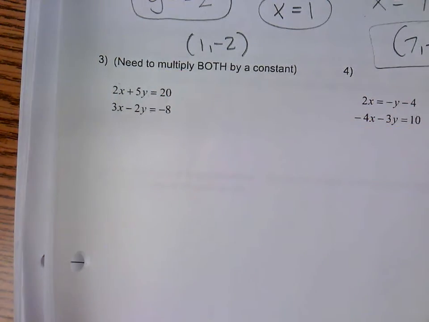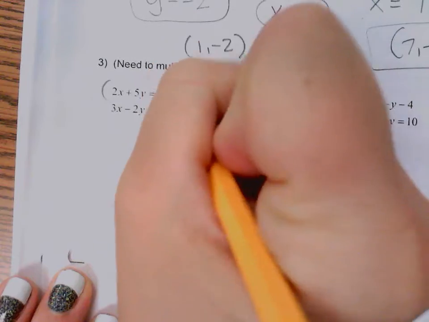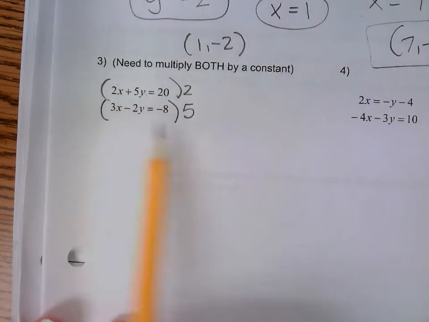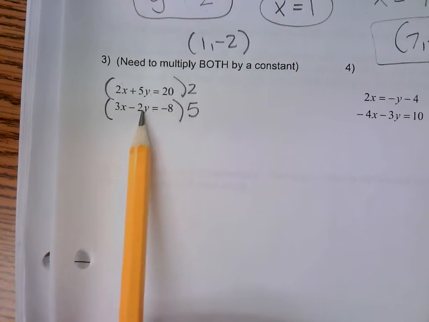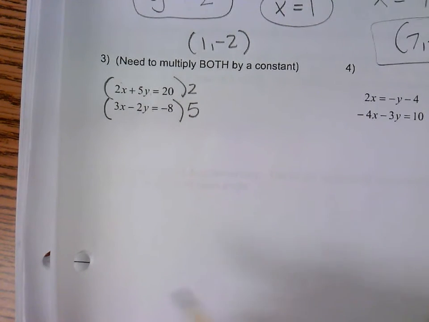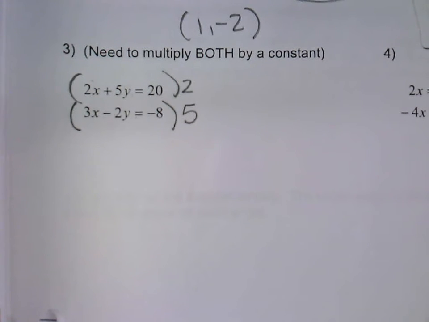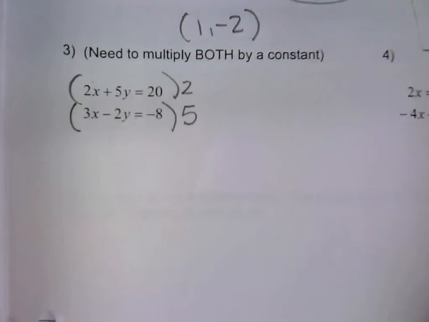If it were me, I would do 2 on top and 5 on the bottom. So I get positive 10y and negative 10y. Then I don't have to multiply by a negative number because I already have one that's positive and one that's negative. We're all going to get to the same place. It doesn't matter what you multiply by or which variable you eliminate. So my two equations are going to be